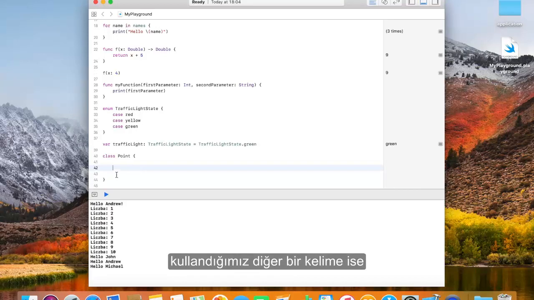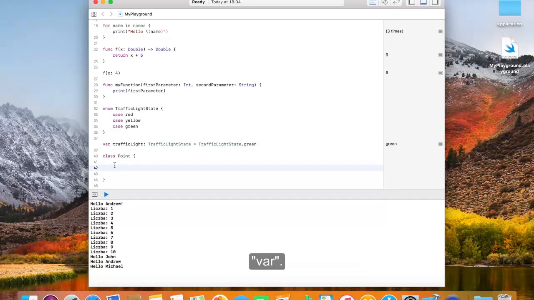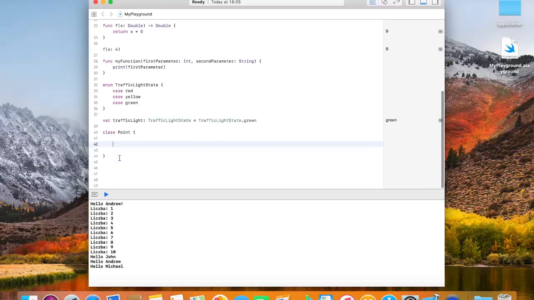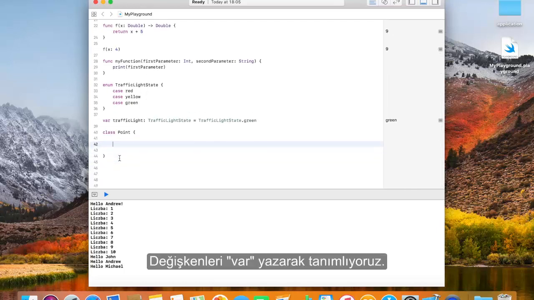So another keyword that we use is var. We define the variables by writing var, and then we name the variable,